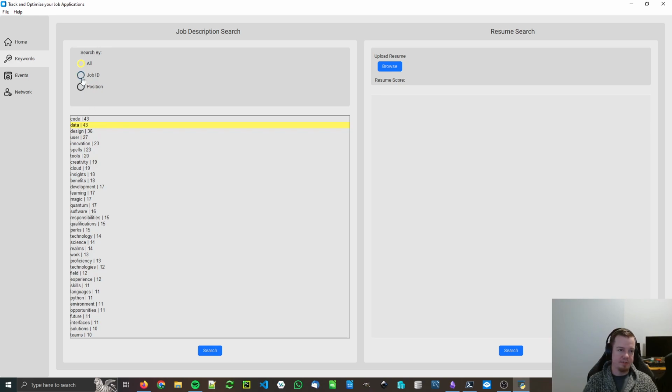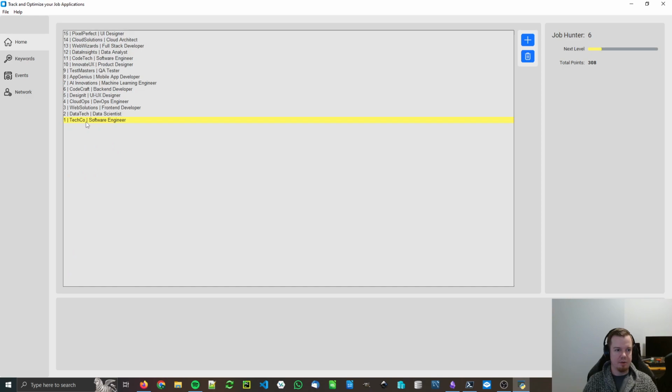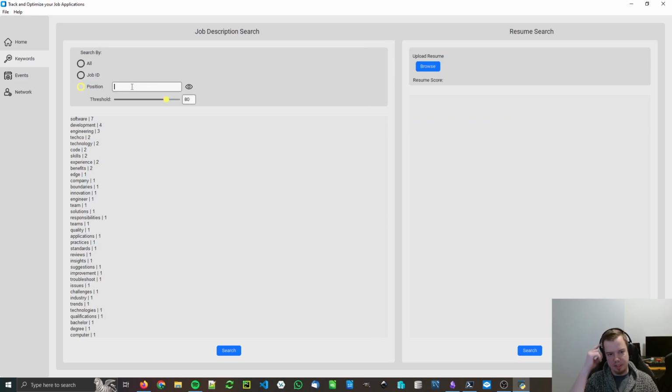You can look up specific job titles. Say if you want to just look up job ID 1, that'll just pull up the ID 1, this TechCo. Or if you want, you can search for position titles. So this is cool. This is basically how you filter out different positions. So if I went software developer,